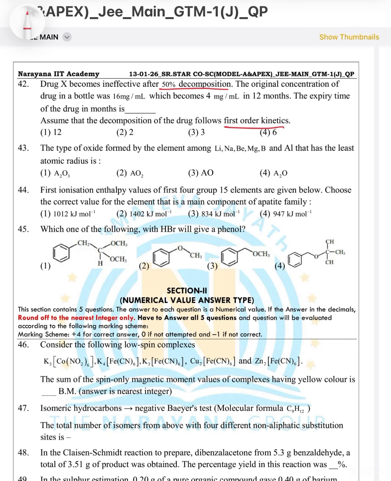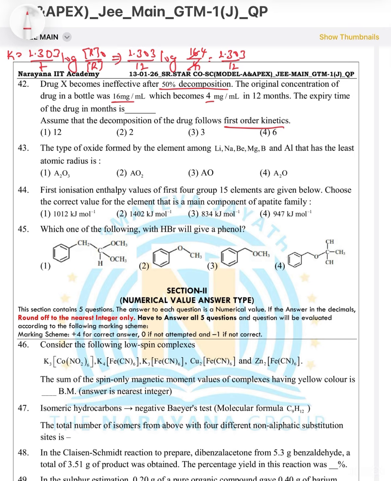We know the formula to find out first order rate constant, that is K is equal to 2.303 by T log R naught by R. I'll substitute all the values here. 2.303 by time is given 12 months, log initial concentration is 16, final concentration is 4, that is 4 ones are 4, 4 fours are 16, that is equal to